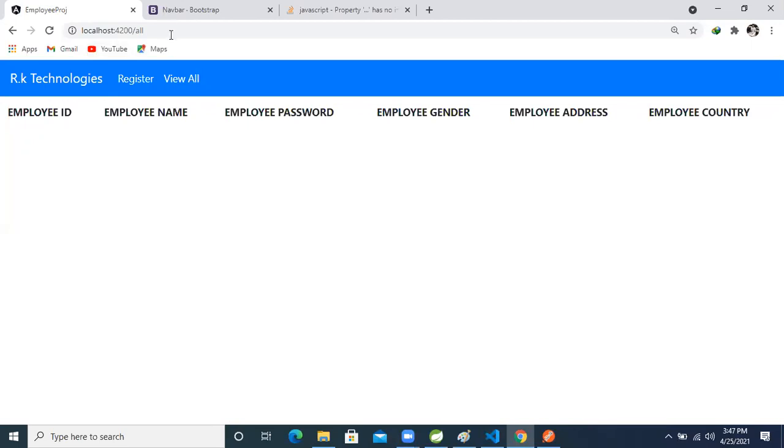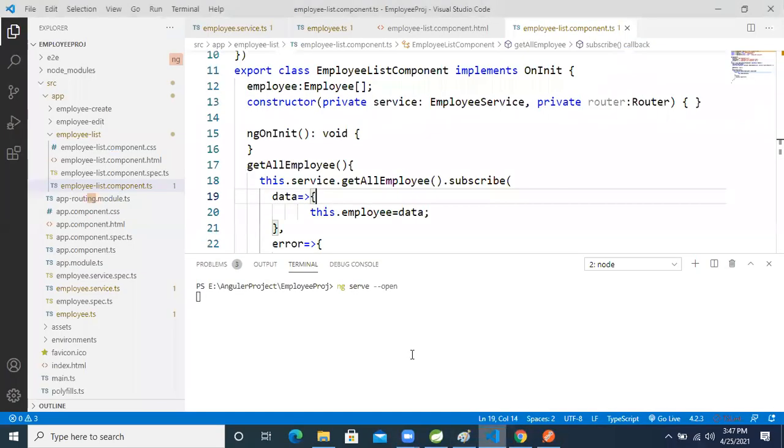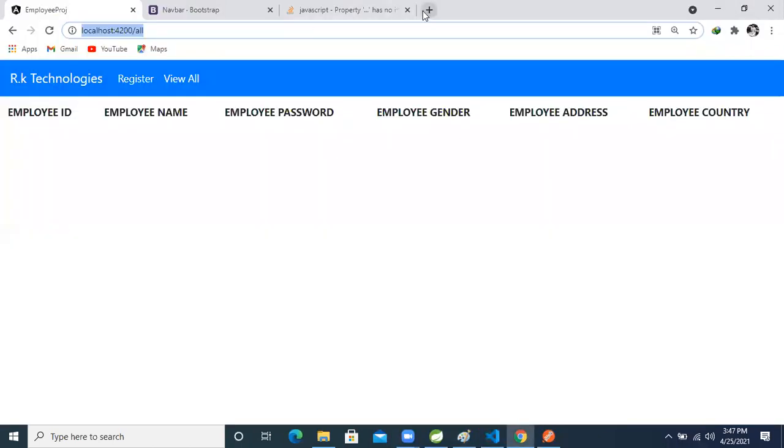Oh, you know this data is loading from the cache only. Our server is stopped, but still we are getting the result. Don't worry. The code is correct only. I'm confident with my code.